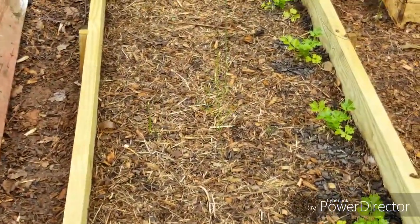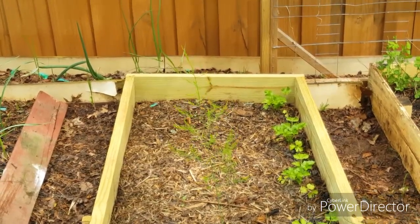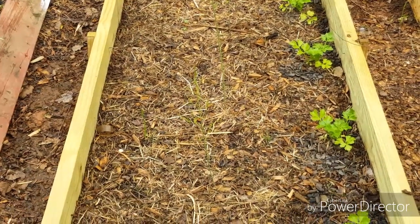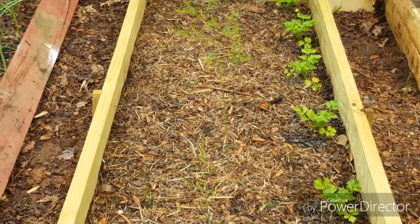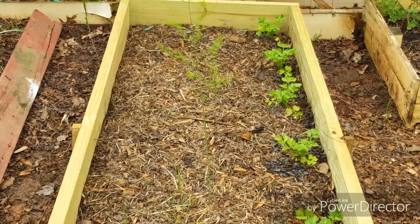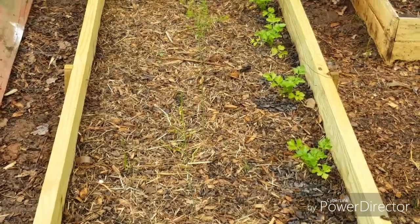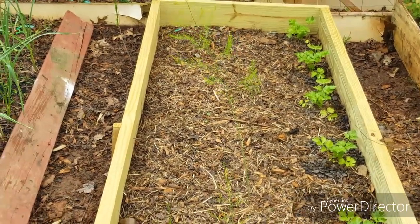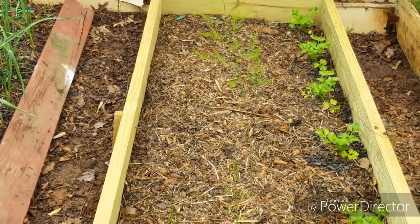Over here in this next bed, I have some asparagus growing. As you can see, the shoots are shooting up. Now these plants, I just put them in this season. I had some asparagus growing in another bed, and I had moved them. I didn't want them in that spot anymore because I had some things going on there, and I moved them one too many times. And I always thought that asparagus was real hard to kill, but unfortunately, I don't know what happened. They didn't make it. So I just went ahead and bought some new ones. Got them in this bed here, and next season I'm gonna fill this bed up even more. But I'm just gonna let them be like that this year,